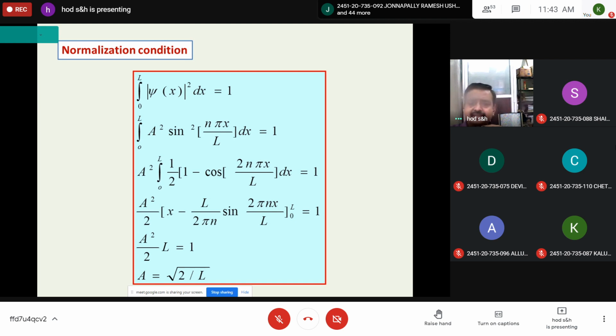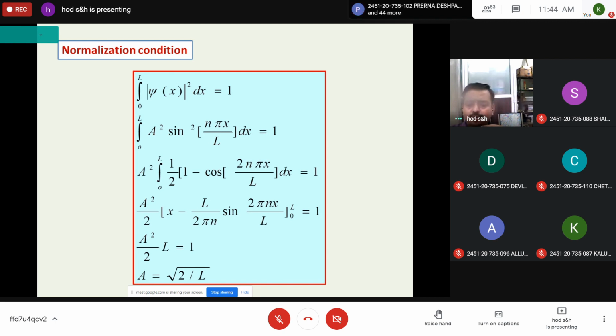And psi x is A sin n pi x by L. So by substituting that value, integration 0 to L, A square sin square n pi x by L dx is equal to 1. And A square can be taken out, integration 0 to L. So sin square theta is written as half of 1 minus cos 2 theta. The same we did here with simple mathematics. So it is A square, 0 to L, half into 1 minus cos 2n pi x by L dx,